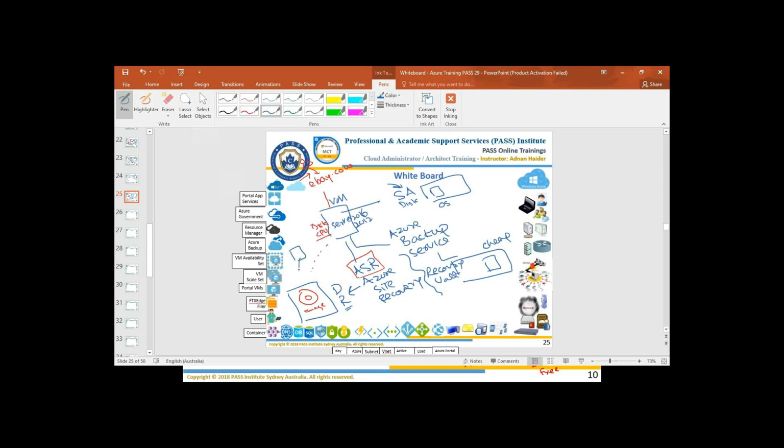So you will create a new image and attach this updated image, and in minutes it will be up. This is an advanced backup and disaster recovery option, and this option is more expensive. The backup service is free, but you will pay for the recovery, but that is a fraction of the cost because the backup is cheaper